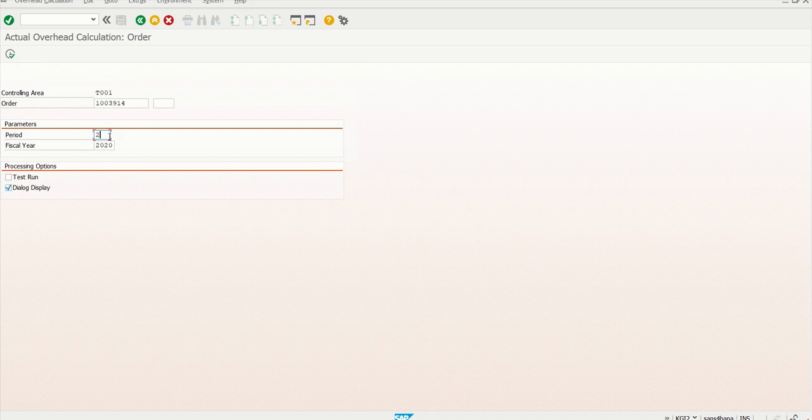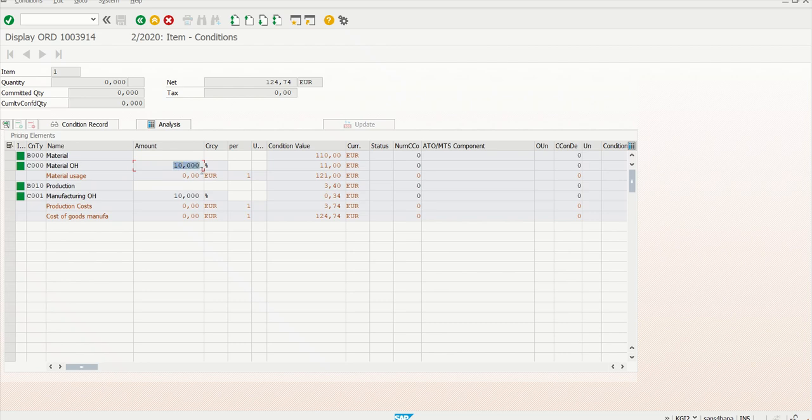Here we have to give the period to execute. This is the material overhead percentage, and this is the production overhead percentage. These two are coming from the costing sheet. In costing sheet, we do have an option to give the plan as well as actual overhead percentages. From there the system is deriving this percentage and calculating while doing the actual overhead calculation.